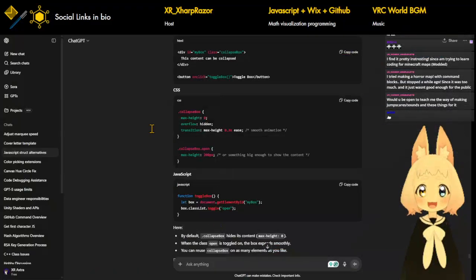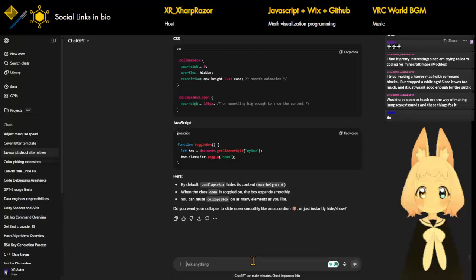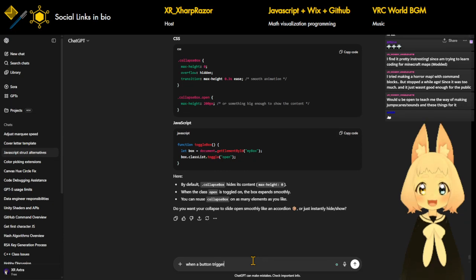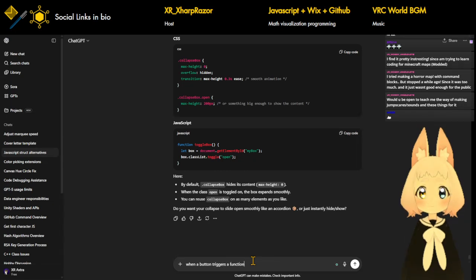Okay, let me go here and let me ask, in Java... oh wait, no. When a button triggers a function by using onClick, can the function carry parameters, say something like,